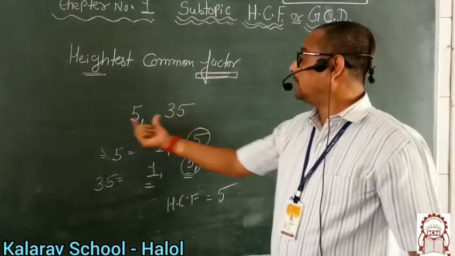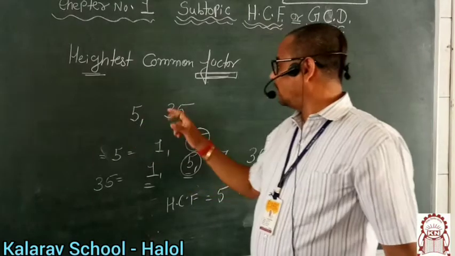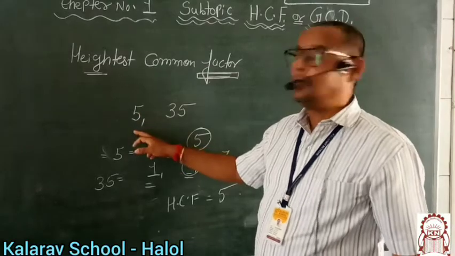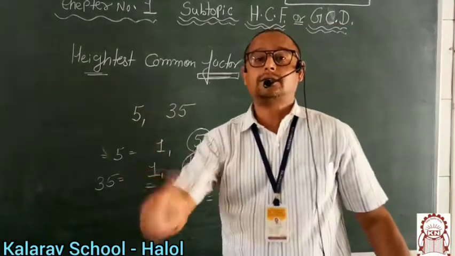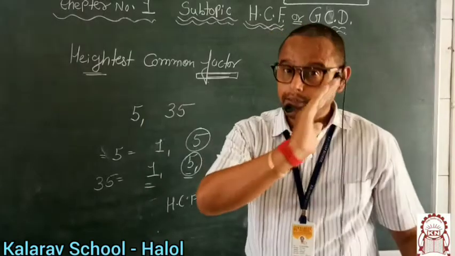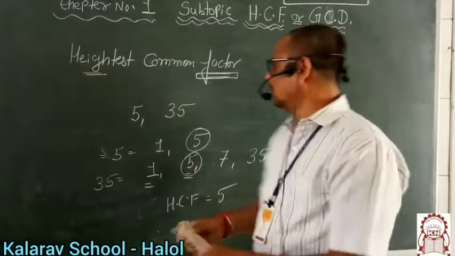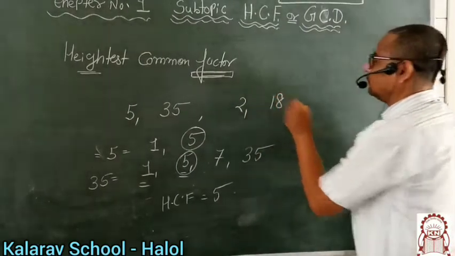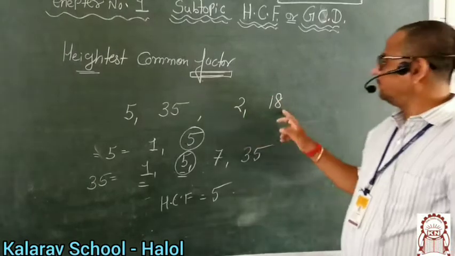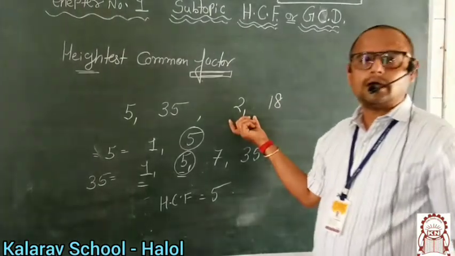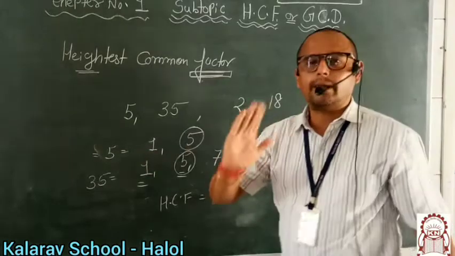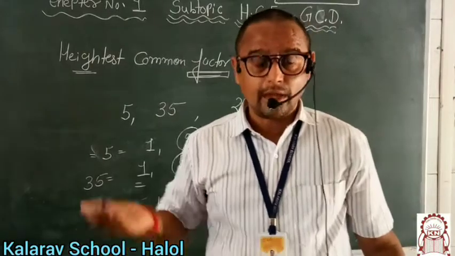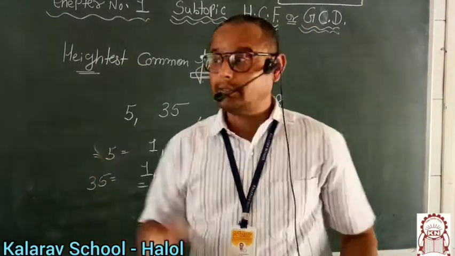Means if one number is the multiple of another one, यानी कि अगर एक नंबर दूसरे के टेबल में आ रहा है तो in that condition जो छोटा नंबर है that number itself is the HCF. आपको दिमाग यूज करना ही नहीं है, ज्यादा खोपड़ी चलानी नहीं है. Suppose instead of this I am writing here 2 and 18. You know 18 is a multiple of 2. 2 के टेबल में 18 आता है तो naturally 2 is the HCF. That is the most important thing. ये आपको समझना पड़ेगा.